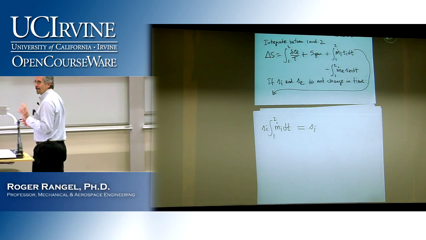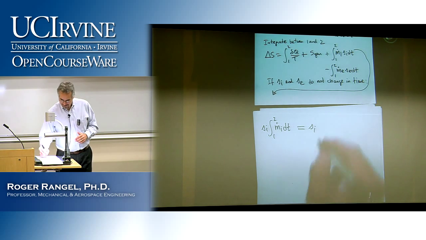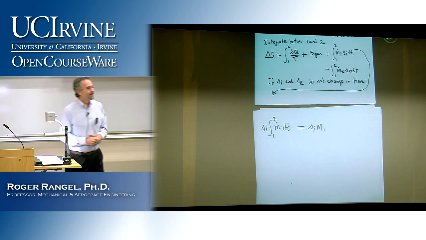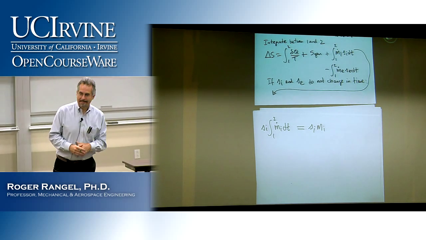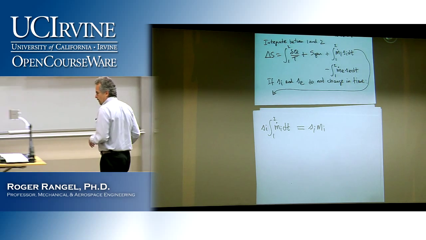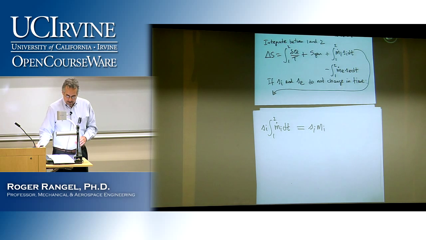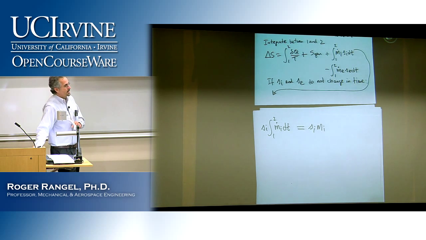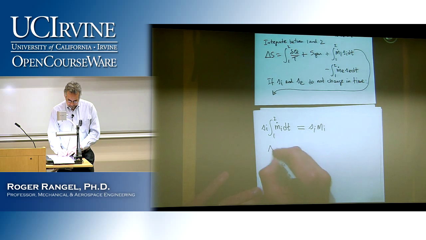The integral of the mass flow rate per time, integrating over time, you get the total mass, mi. And the other one, of course, becomes SeMe, right? So the equation becomes, if we make that assumption,